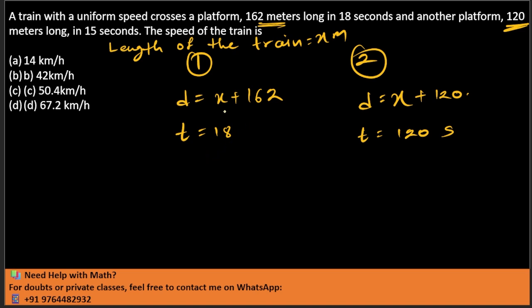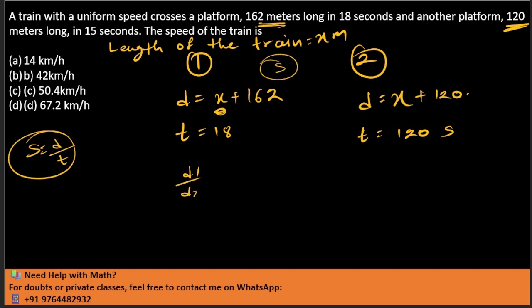If I get this x, then I can apply the formula speed is equal to distance upon time. So for that I need to find x. In both these scenarios, one component is the same, one component is constant. What is that? That is speed. Speed is the same in both these cases. So I can relate it,